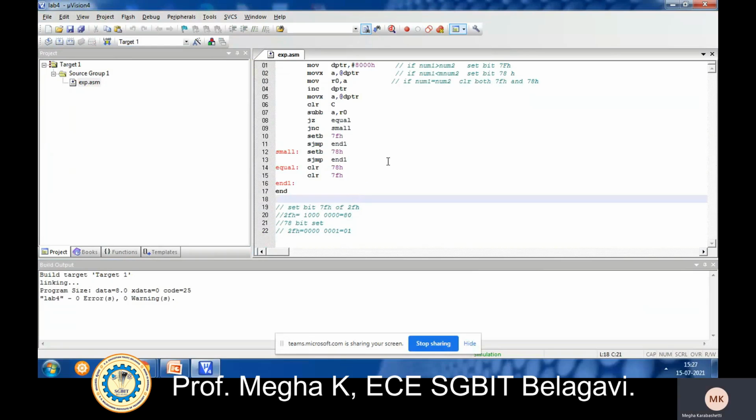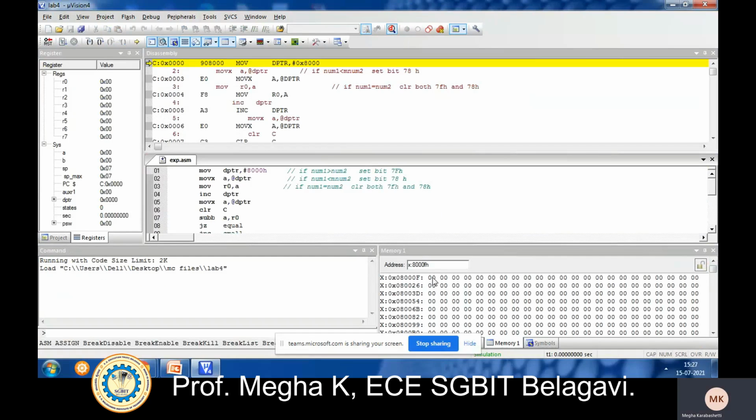Debug. Check for the errors. 0 errors are there. Start debugging. X colon 8000H. Here I will give 5 and here 5. Now it has taken the values, you can see.